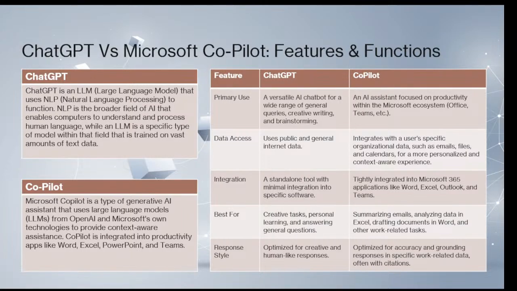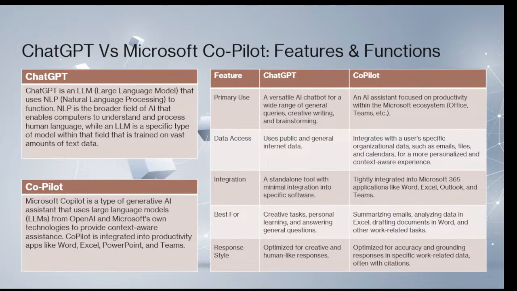An LLM is a large language model that uses natural language processing, a broader field of AI that enables computers to understand and process human language. While an LLM is a specific type of model within that field, it's trained on vast amounts of data. It's constantly learning. It's constantly using what we as users are putting into it to expand its knowledge,